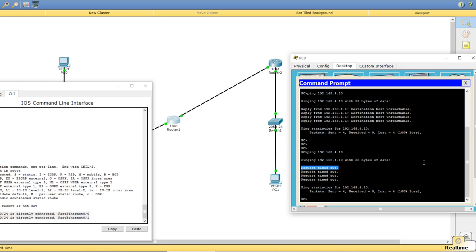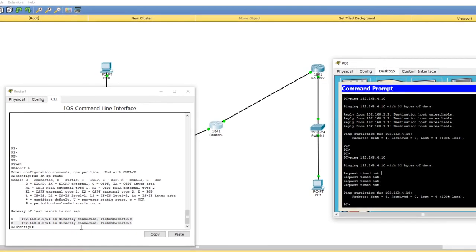Now, every time ICMP is sent out, the sending device has a timer. It waits for a certain time. If it doesn't get a reply in that time, a request timed out message is shown, right? So now let's do this. Let's go to router 2 and tell it how to reach the 4.0 network. So let's say IP route